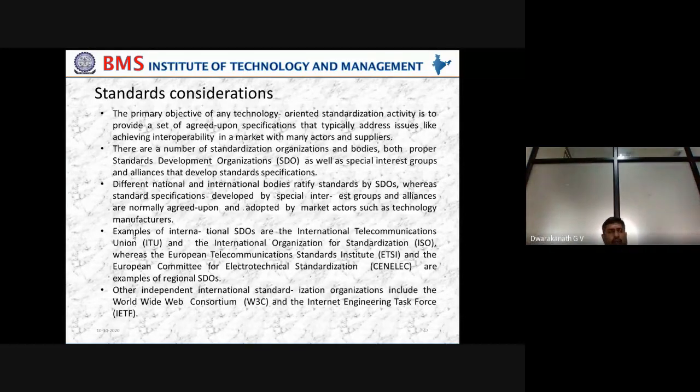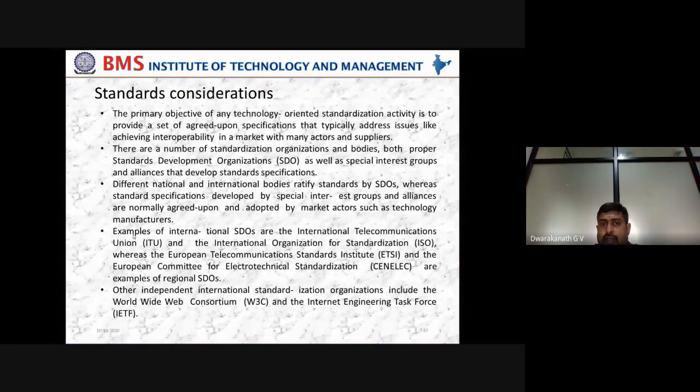All the companies out there will together make one standardization, so that afterwards, if we want to exchange information or agreed upon specifications, achieve interoperability in a market between different suppliers and actors, we all come together and make it. Somebody will be connected to actors, somebody to suppliers, somebody to people. Assume three different companies. If these three companies come together, definitely they can make some business.